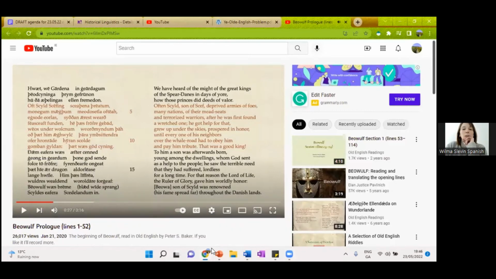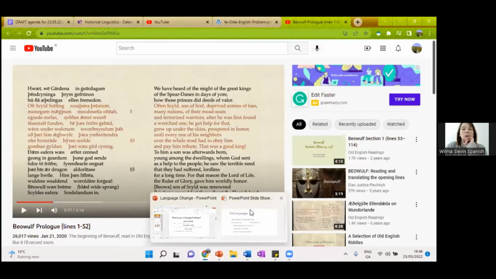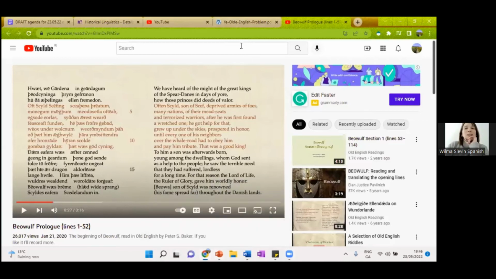Okay, so I've realized I've opened up Beowulf for you rather than the Old English Lord's Prayer, but that was the other option that was there. So again, just for them to see the links and the connections. And then there is an activity where, once you've listened to maybe the Old and the Middle, you get them to figure out what the link is with all of these. Then you would come in and show them the text now. And that's what we'll do with that. So I'll just go back now and share the PowerPoint again.